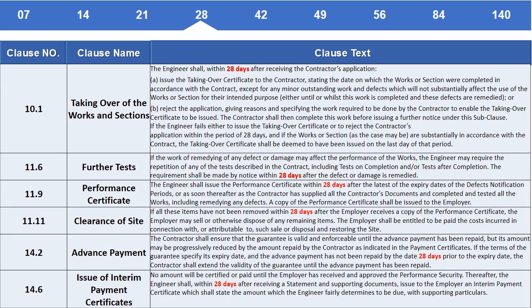Clause 10.1 Taking over of the works and sections. The engineer shall, within 28 days after receiving the contractor's application, A. Issue the taking over certificate to the contractor, stating the date on which the works or section were completed in accordance with the contract, except for any minor outstanding work and defects which will not substantially affect the use of the works or section for their intended purpose either until or whilst this work is completed and these defects are remedied, or